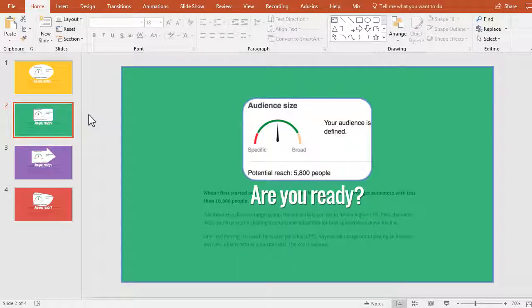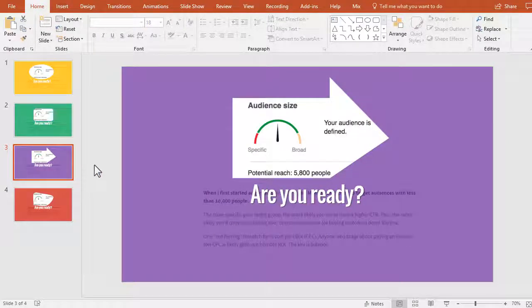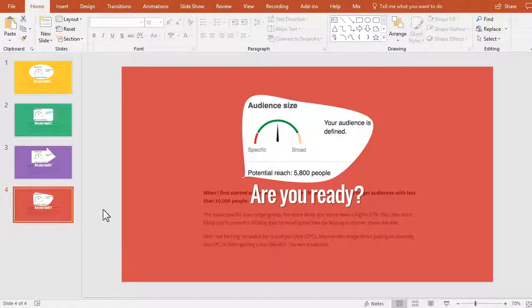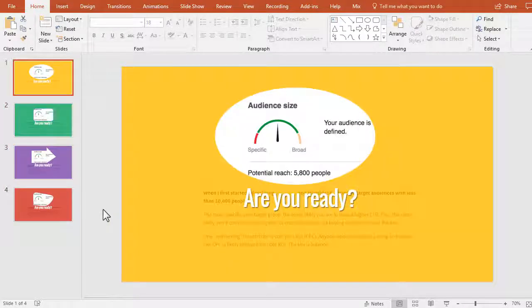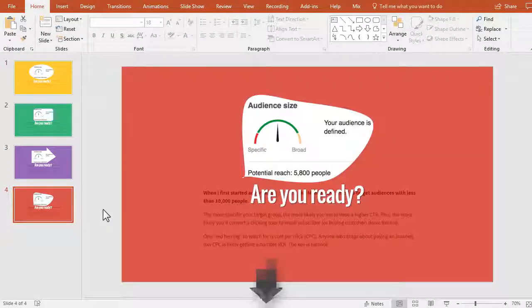The highlighting is especially useful for problem-solving slides, which anyone from teachers to marketers to salespeople can use. The other advantage is that the shape of the highlight could be anything: an oval, a circle, rectangle, arrows, bubbles, anything that PowerPoint offers. So go ahead, click the link below to learn how to do